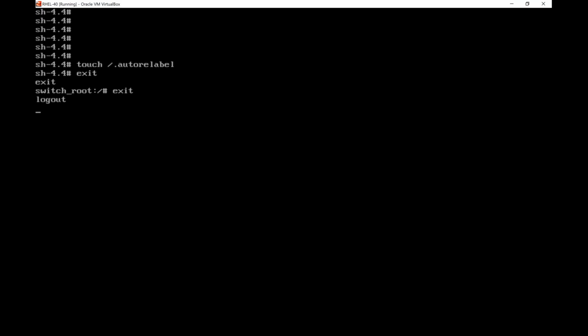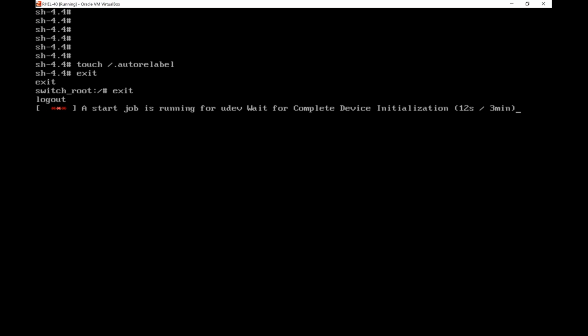Exit, it will continue to boot, but as it is continuing, it will find autorelabel and so we need to wait for almost 5 minutes so that SELinux policies are relabeled. Once the relabeling is done, the system will be rebooted and then it will boot normally, and we'll check whether our lost password, or our new password that we have reset, is working or not. Meanwhile,